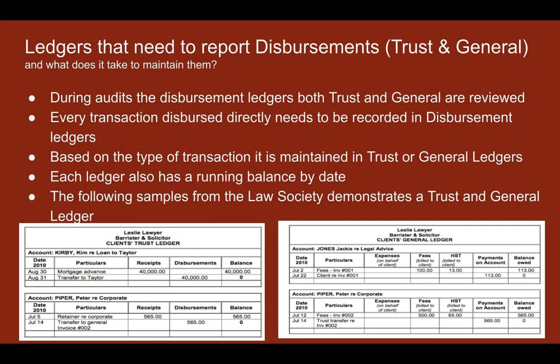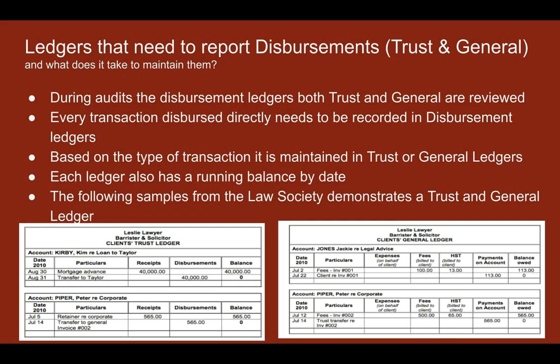So either you are putting in your money or you're using the client's money. When you look at the client's trust ledger, you see that trust has some money which you're dispersing eventually. When you come to the right-hand side bottom, in the client's general ledger, you see that you raise an invoice first in order to get paid by the client